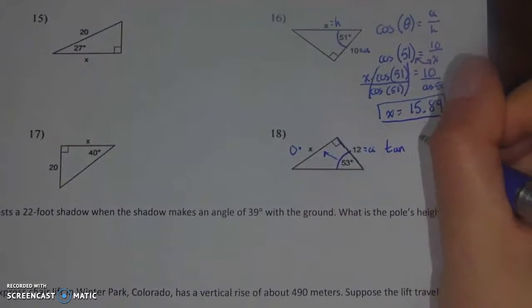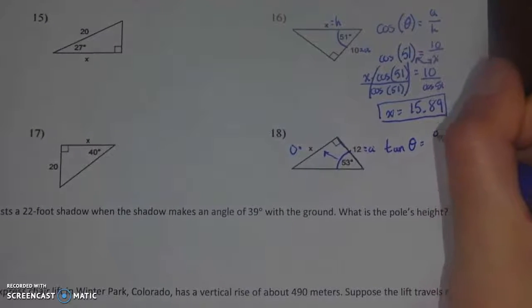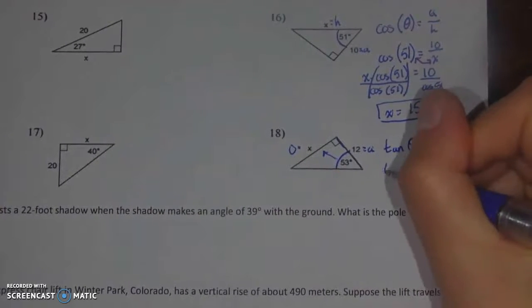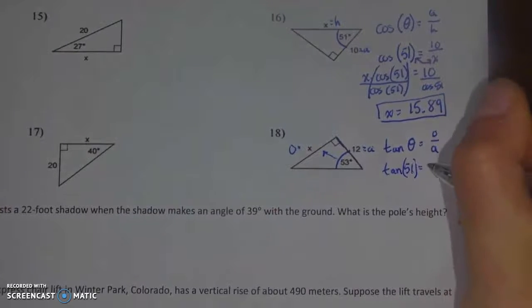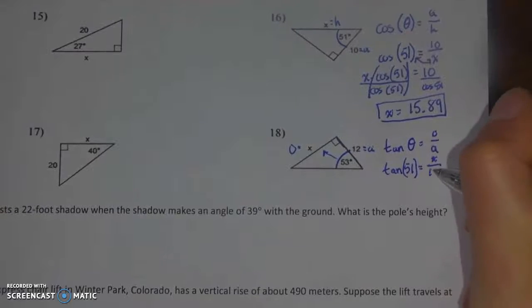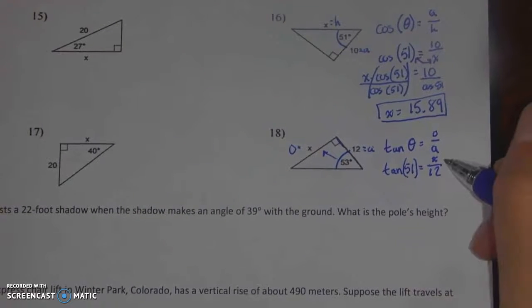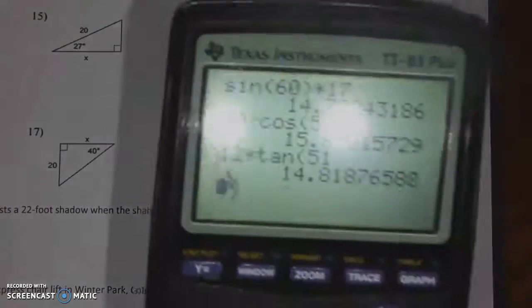So tangent, or TOA, is going to be the tangent of theta is equal to O over A. Here, that means that I have the tangent of 51 is equal to O, or X, over A, 12. Multiply both sides by 12. That will give you the X on its own because it's undoing that division. And so 12 times the tangent of 51 is equal to